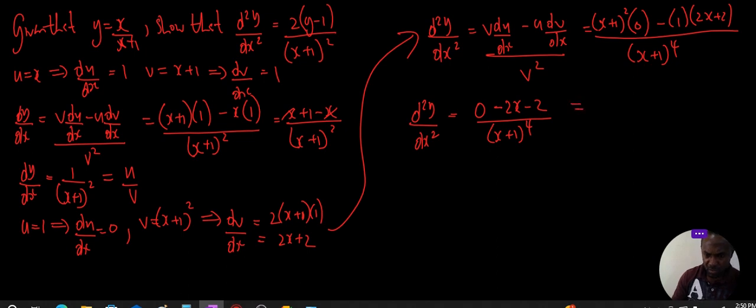So this is basically going to give us, if we factor out a minus 2, then this becomes x plus 1 over x plus 1 to the power 4. But we are told to show that it is in the form 2 times y minus 1 over x plus 1 all squared. So